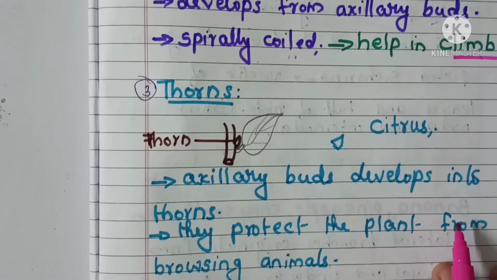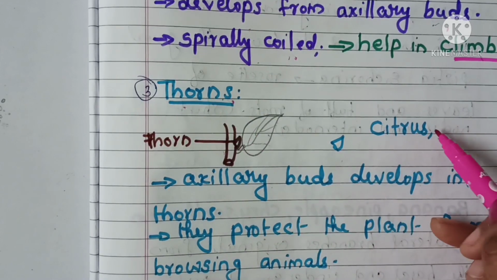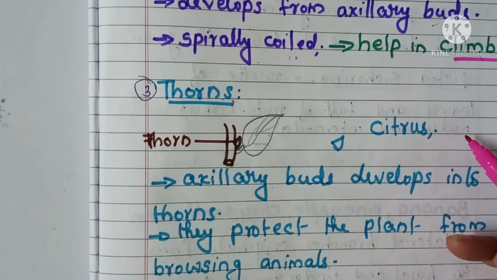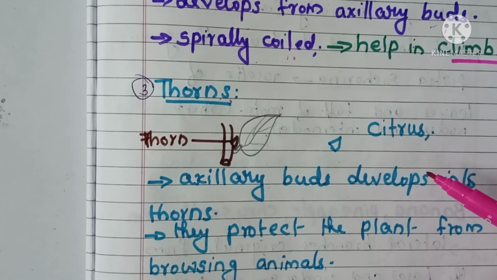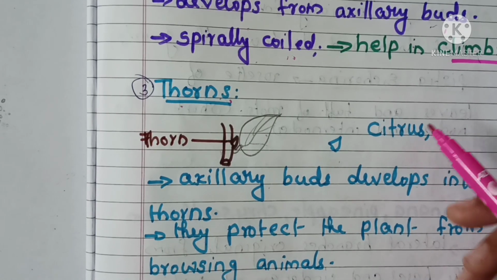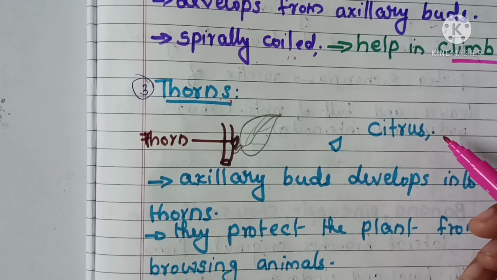Moving on to the next one, that is thorns. Have you seen the citrus plant, otherwise bougainvillea? Bougainvillea has a beautiful flower. Here is the picture, rose pink flowers. There are different types of bougainvillea, different colors are there. I think you have seen it, obviously you have seen the bougainvillea, but if you notice, next time when you see the bougainvillea or citrus plant, just notice there are thorns on the stem.